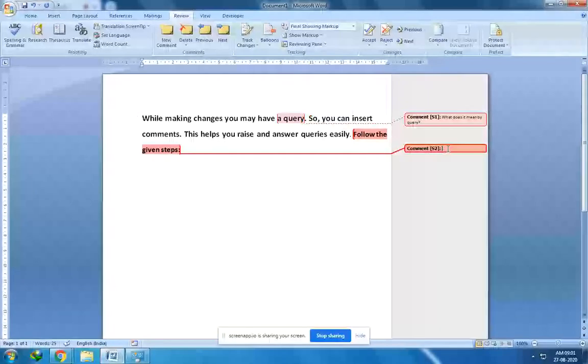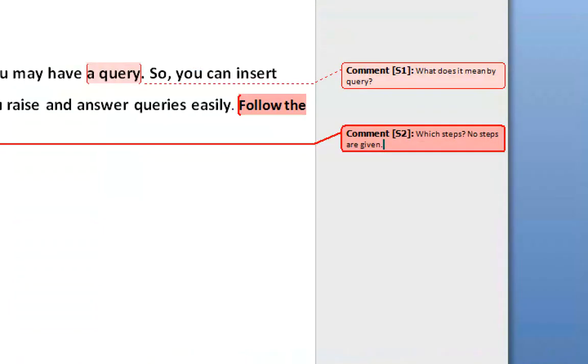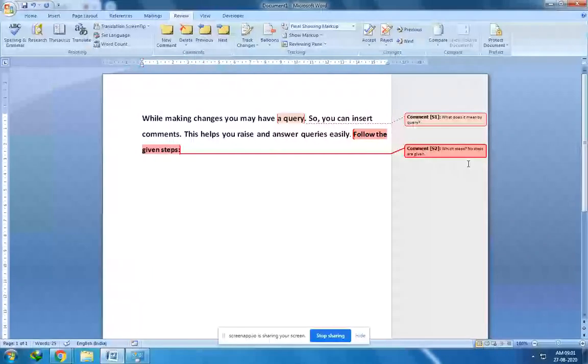So let me ask the question quickly. Which steps? No steps are given. So simply I am raising the query over here. You can read this query or question. Which steps? No steps are given, right?